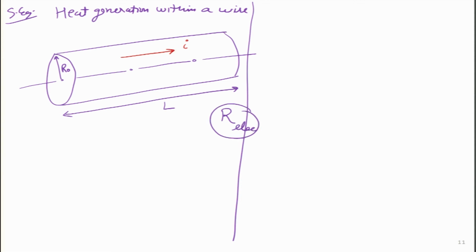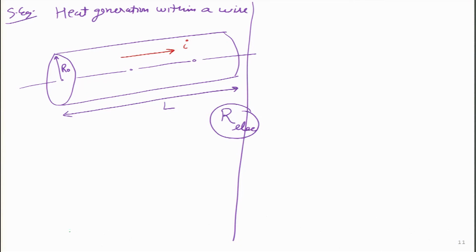So what is the question? The question is, if this wire is present in this particular room, let me say that this pen represents that particular wire, and I am flowing current through this. If the current is significantly high, it is going to generate a significant amount of heat inside it, because I square R losses will be there, joule heating will take place. So all that heat will dissipate